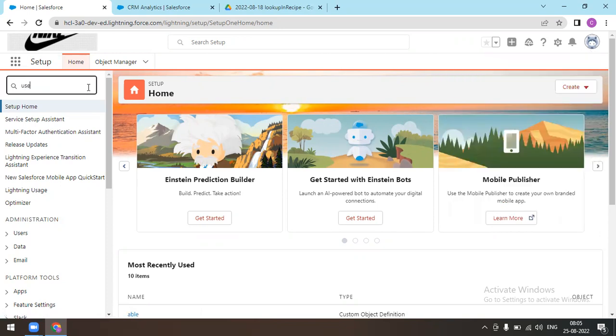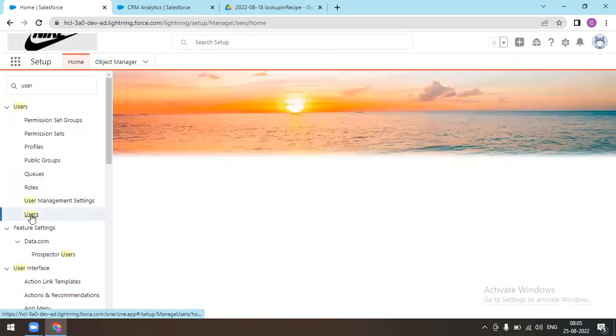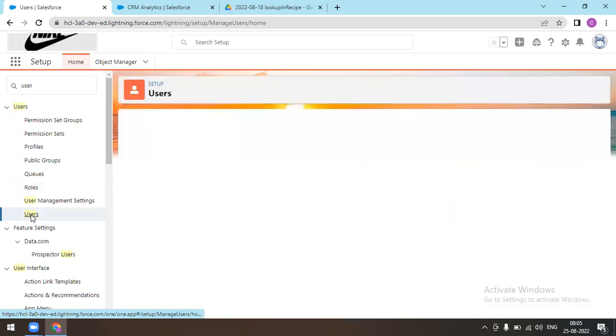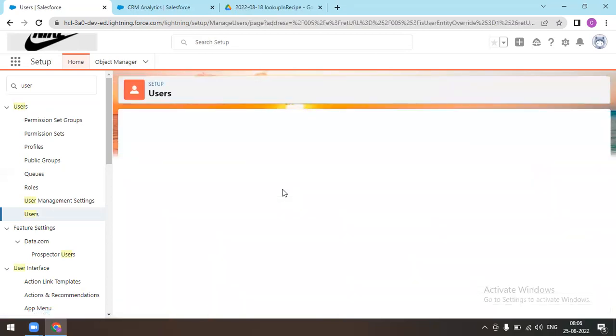You need to go to Users and click on New User. Then you need to fill in his basic details: first name, last name, email ID. If you want to select his manager, you can. This is how you need to create it. Once you click on save,